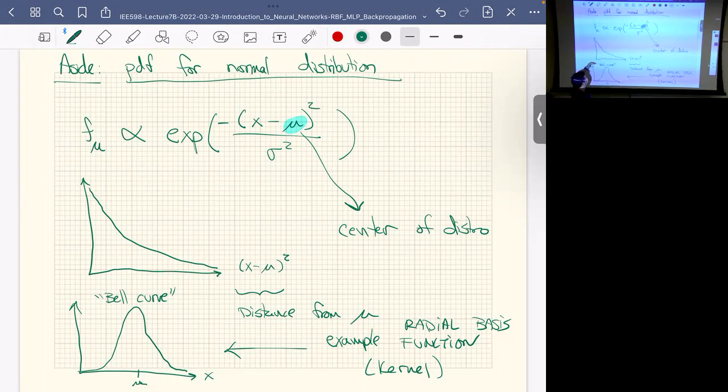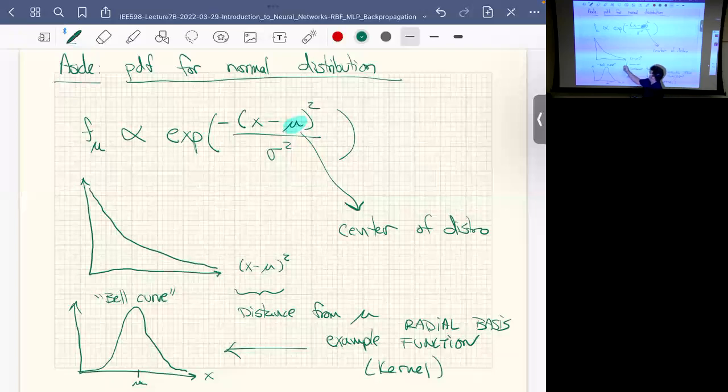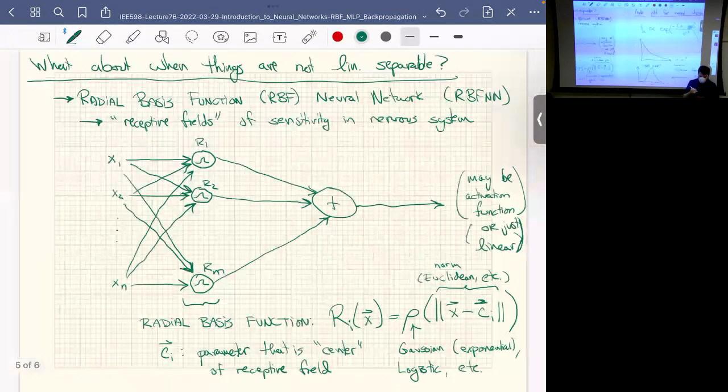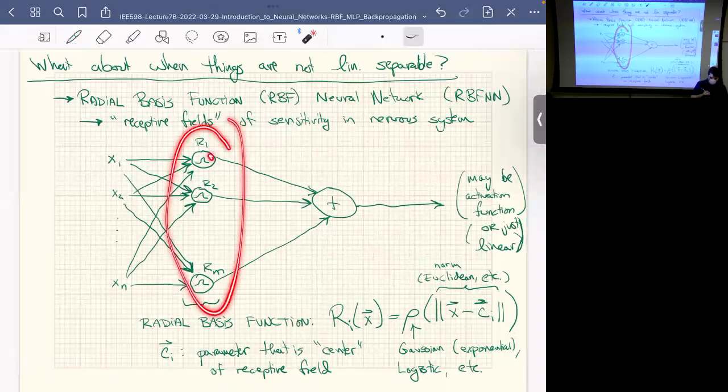Like in a logistic, when you're at zero, it's zero, but as you get higher, it goes to one. Well, you can imagine that's the same sort of thing here, where if I applied a distance into the logistic function, then at small distances, the logistic would be zero, but at large distances, it would be one. So it's a way of promoting areas or demoting areas, but radially, so that as you get farther away from them, you either increase the penalty or decrease the penalty. But the point is there's a center, and as you get farther away from it radially, you're adding either penalty or reward. And that's what you do in radial basis functions: you put these functions here,